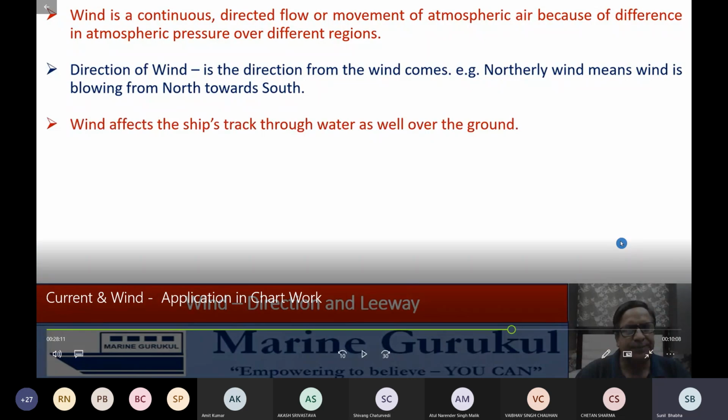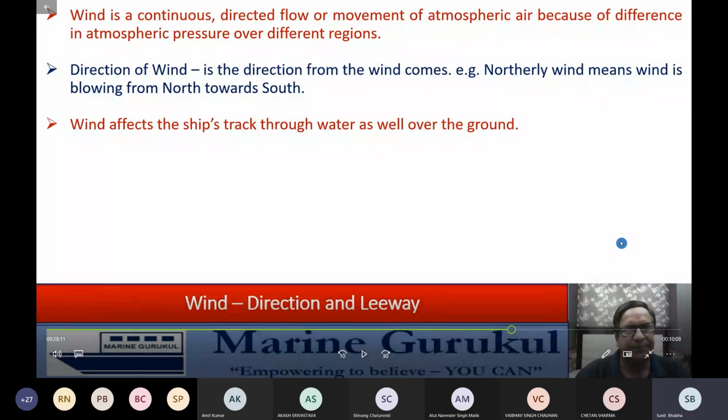Okay, so beta, can you tell me if I have a southerly wind, is the wind coming from south or going to south? Wind is always coming from south. Very good. Wind is always from the direction and current is to the direction. And if I say I have a southerly current affecting me, that means? Sir, it is setting to the southerly side. Current is 180 degrees. Very good, beta. So wind always comes from and current always goes to.